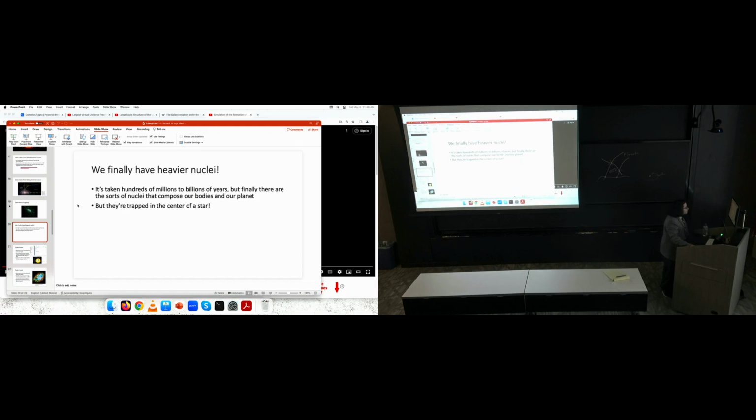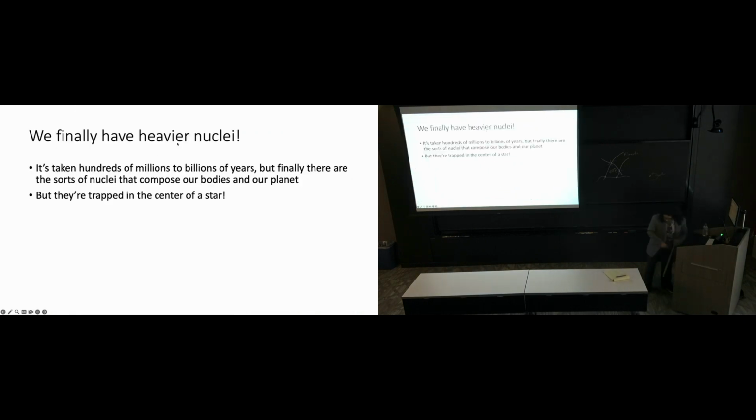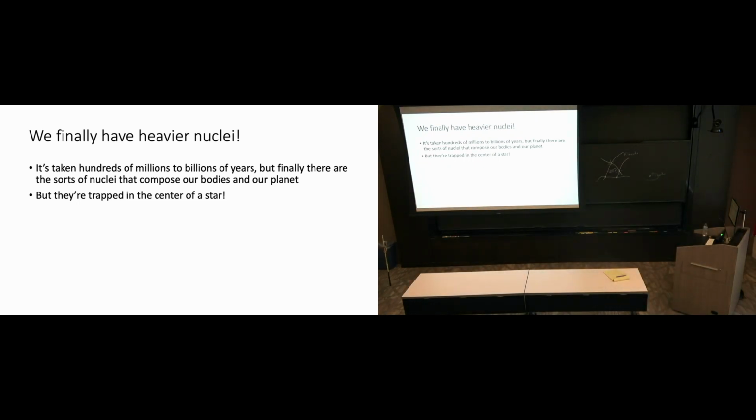All right, but okay, with stars, finally, with stars, we have some heavier nuclei. We have another chance to do nuclear fusion to build up heavier and heavier elements. And that's one of the big questions: how do we go from the early universe with just protons and neutrons and electrons to what we see today, our carbon-based life forms.